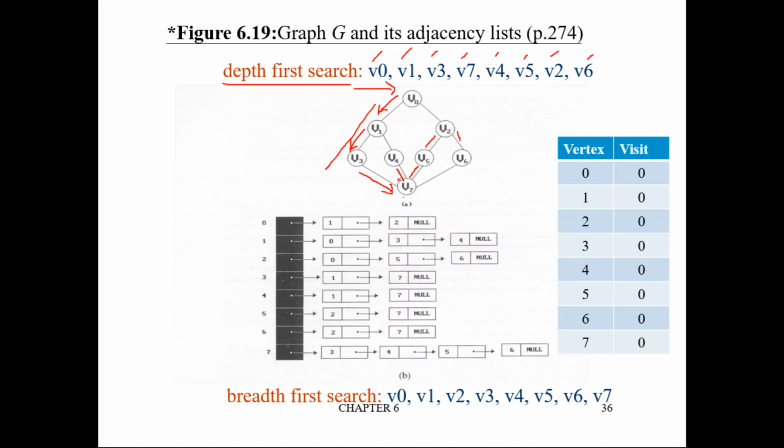You may say either V4 or V3, because there are two levels. Obviously we'll go back to V3. Again from V3 everything is visited. From where did you reach V3? V1. From V1, everything was visited. From where did you reach V1? V0. Go back to V0, which is the root node. From where did you reach V0? From outside, or you can say from null. So this is how it works.